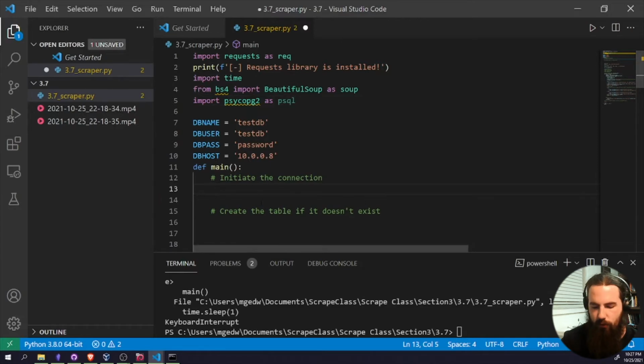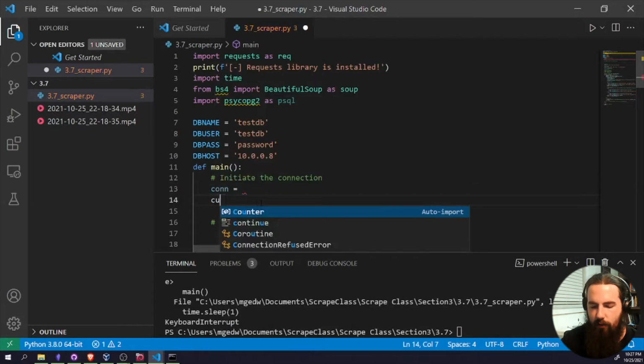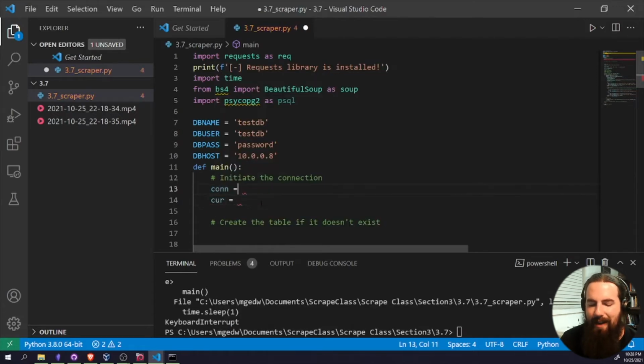We're going to set up our connection and our cursor. So our connection is the actual connection to the database. It's going to hold the 4 variables that we put up at the top. It's going to actually initiate that connection. Our cursor is going to be what we use to actually run queries across our database. That's going to become a little bit more clear here in a second, but with our connection, we're going to do